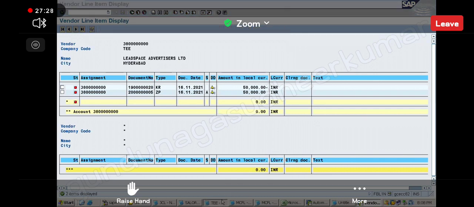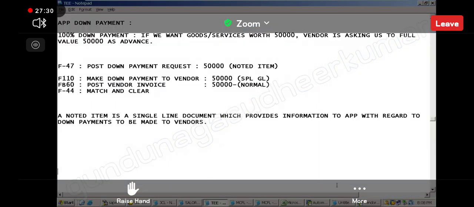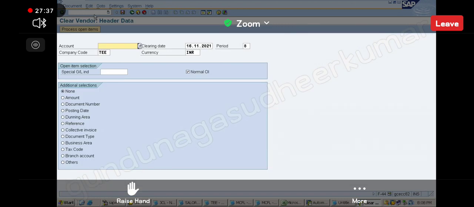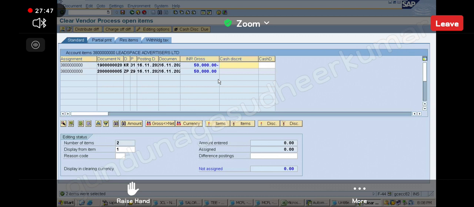What should I do? So I will go to F-44. In F-44, I will do same how I was doing before, same way. Okay, I will give the special GL indicator A, process open items, correct? Okay, now matching the 50,000 minus, 50,000 plus. Yes. Okay, now click on the save option. Okay, just 1 minute.